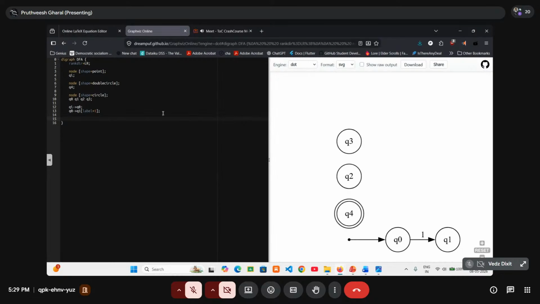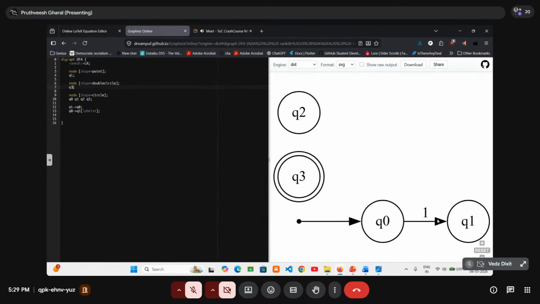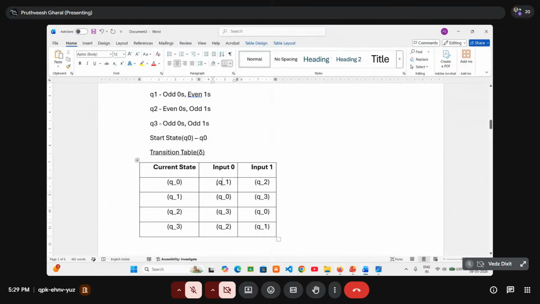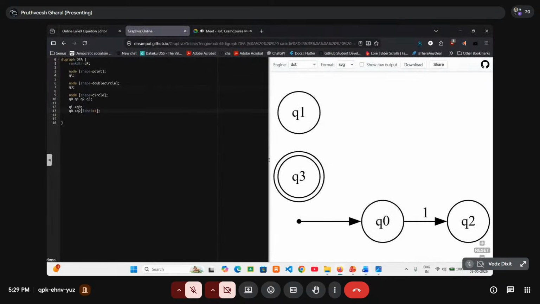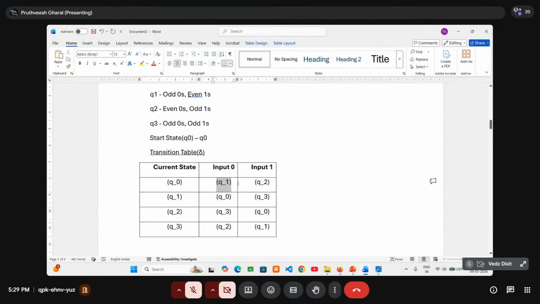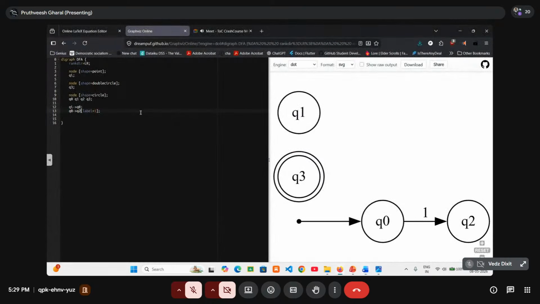On receiving input 1, we tell it to move to Q1. Sorry, looking at the transition table, you will tell it to move to Q2. So we have to follow the transition table, and likewise design and draw the diagram here. So Q0 will move to Q2,